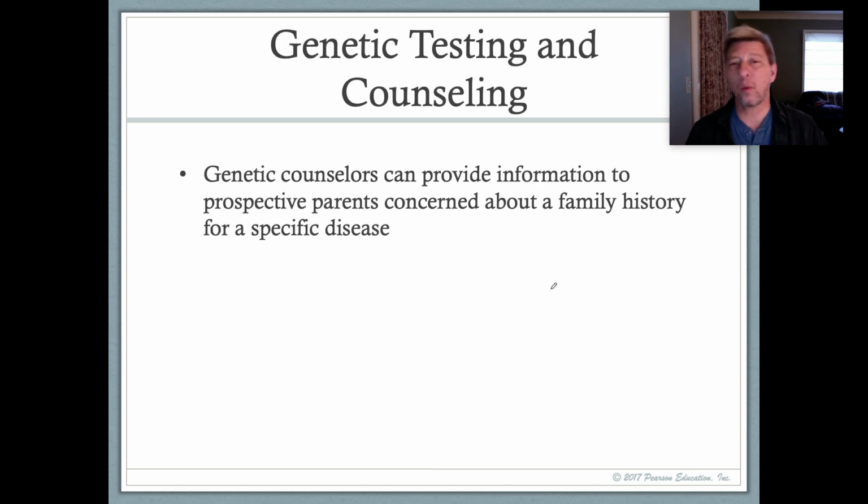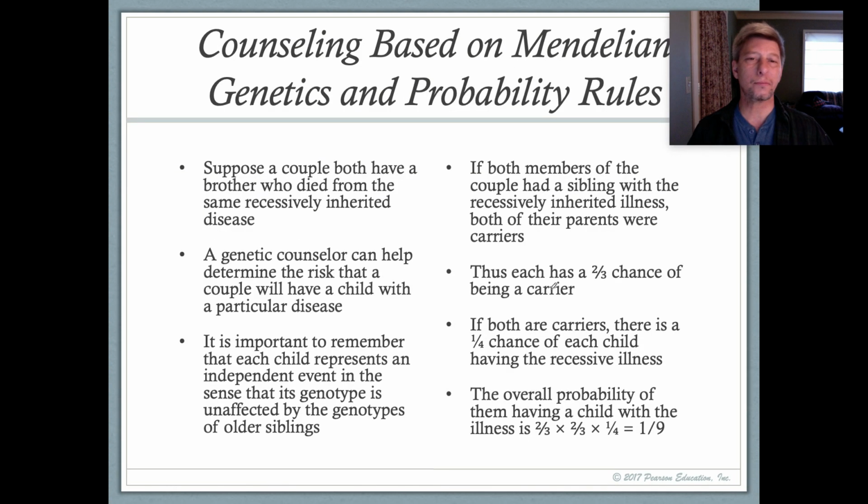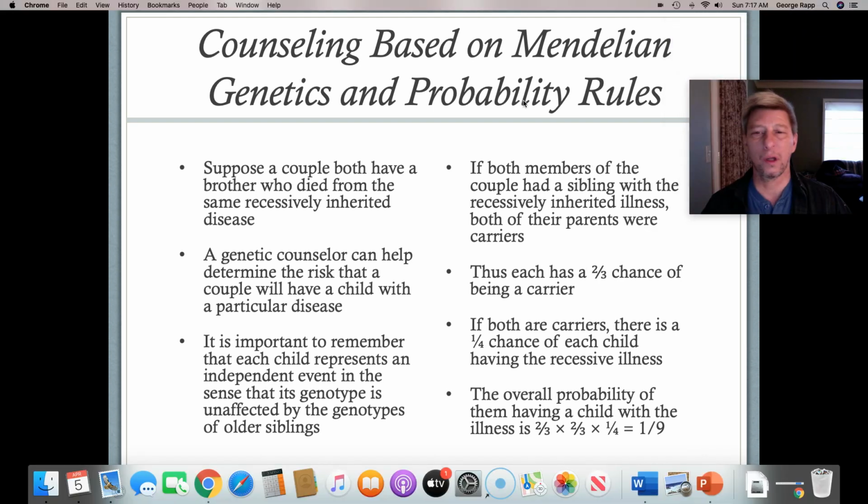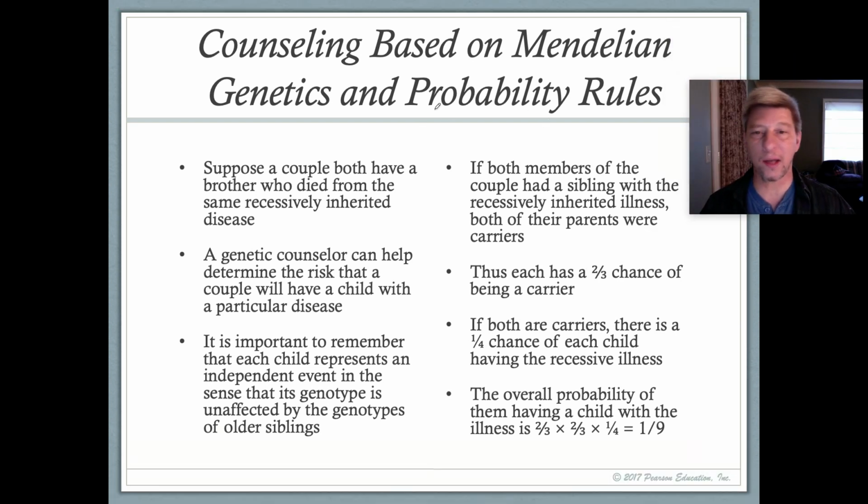Now, there are ways to go about getting tested genetically. A genetic counselor can provide lots of information through pedigrees, family histories, and even karyotypes and blood tests. Oftentimes, these genetic counselors will use Mendelian genetics and probability rules in order to figure out what's going on and what the chances are that a couple will produce a child with a certain condition. All right, I'm not going to go through all of this, but